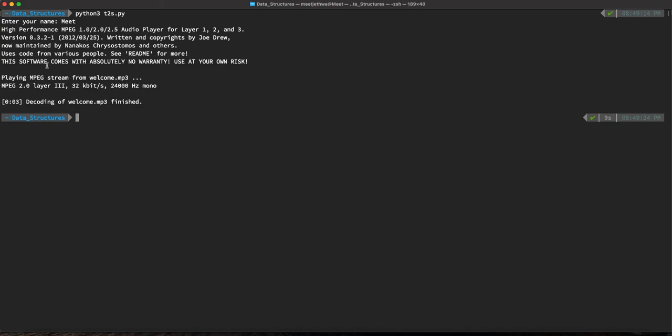Okay, so yeah, the software comes with absolutely no warranties, so you can use it at your own risk. It's gTTS and so on. You can also read about it on GitHub, wherever the file is and the audio player being used. But yeah, it's a fun and cool project to work on to showcase your repository or the projects you've worked on, you've learned. These are simple Python projects you can learn quickly and showcase to someone